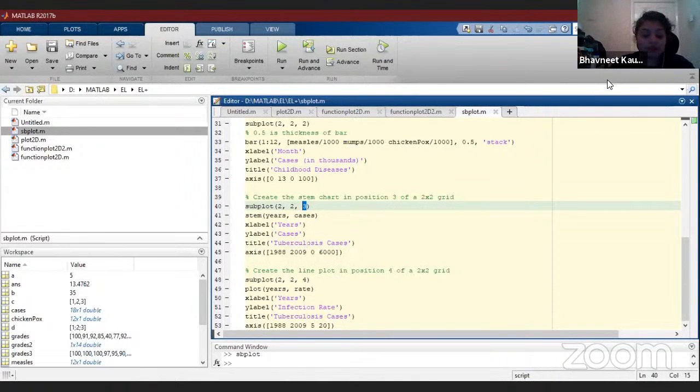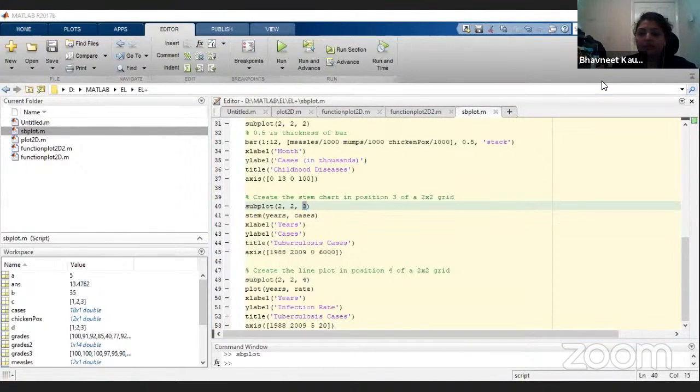Okay, so now we'll understand linear regression in MATLAB, fit distribution of data, curve fitting of data, and most importantly, to understand how we can